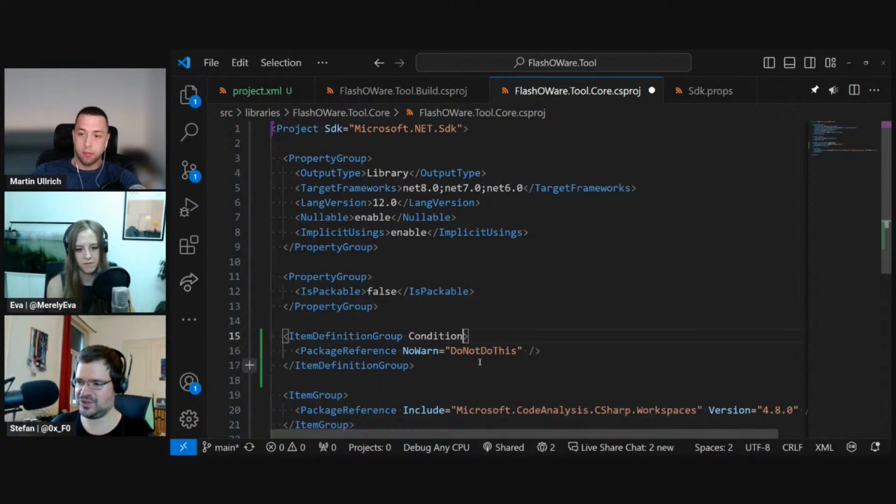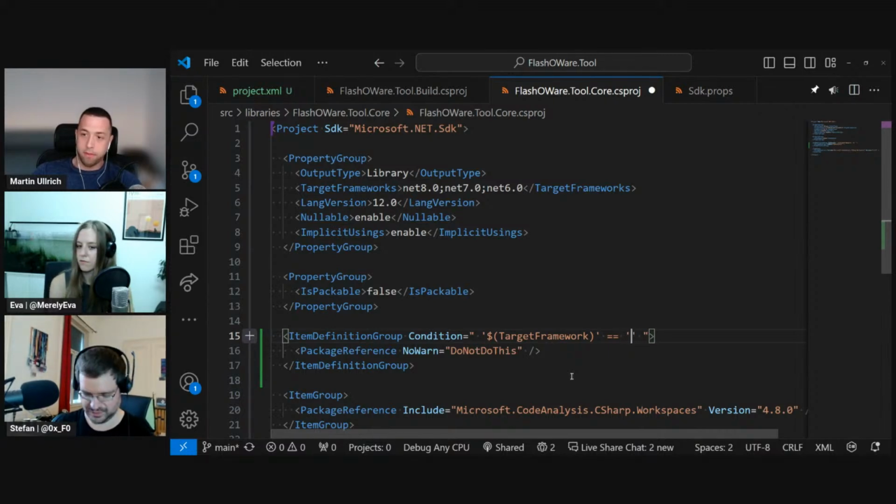So I could now set a condition here and say maybe if the target framework, singular. Guess the dollar syntax, right? Yeah. Also, I recommend putting single quotes around it to indicate it's a string comparison. Can I do spaces? Yeah, you can. Equals. And then, for example, net6.0. Then you could